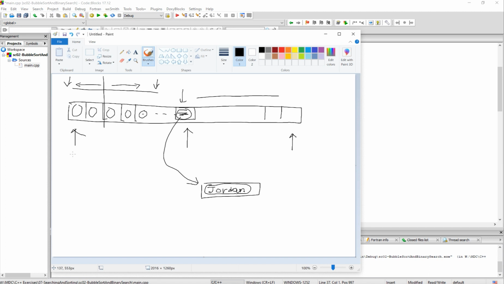Best case scenario for brute force or sequential search would be that our target string is located in the first location. Worst case would be that it's located in the last element. Sequential search, recall, works on any data set, but if you do not have the ability to sort your data set, then you're stuck with your sequential search. Otherwise, the recommendation is to sort your data set and then use one of these methods like binary search to locate your